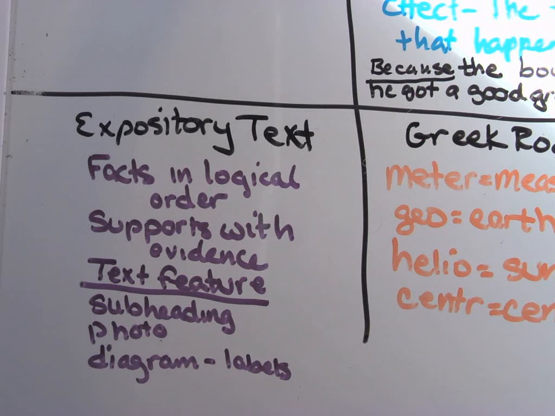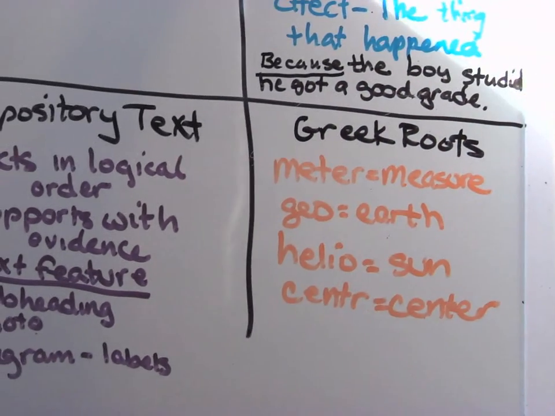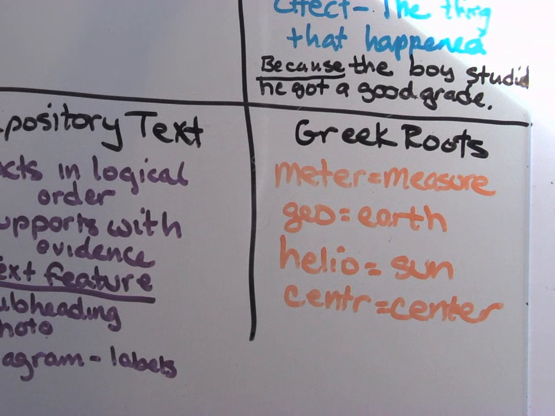Okay? And finally, our last page of information comes on Greek roots. The Greek roots for our reading. There's a lot of words that come from Greek, right? We've talked about that a little bit. Our whole scripture in the New Testament comes from the Greek words. It's written in Greek originally, so it's no surprise that in English, when we look at things, some of our words have Greek roots to them.